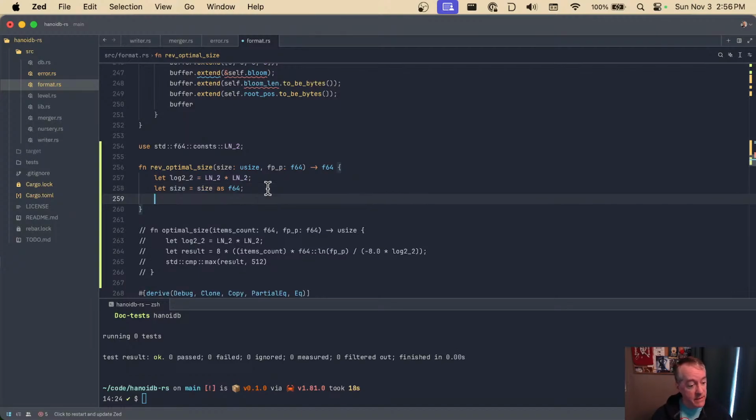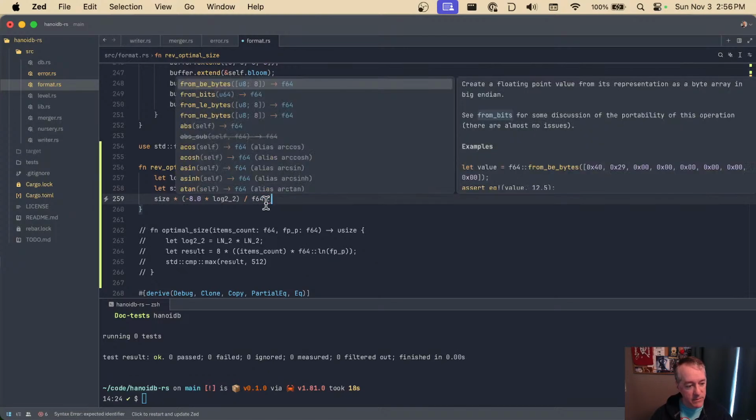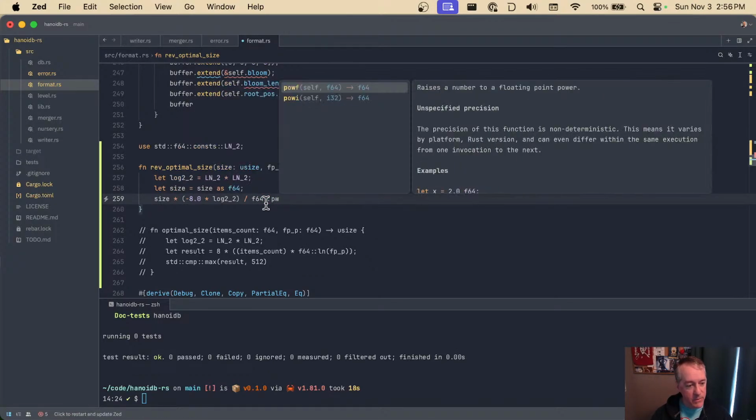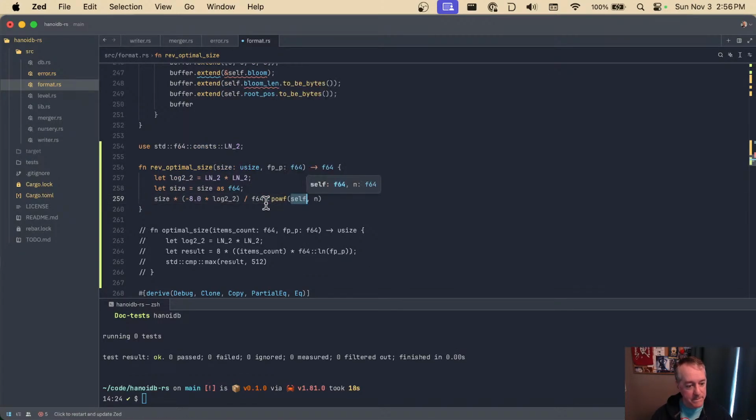Right, so let's start dividing. So we're going to have, we need to multiply by this factor. Or multiply by that, because we divided by it originally, right? So we factor that out. We need to divide by f64 pow of